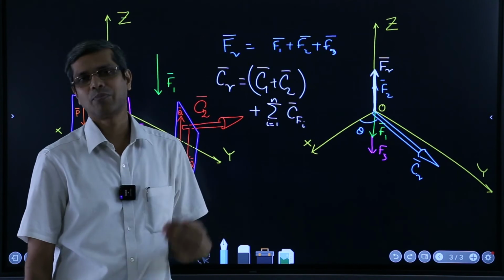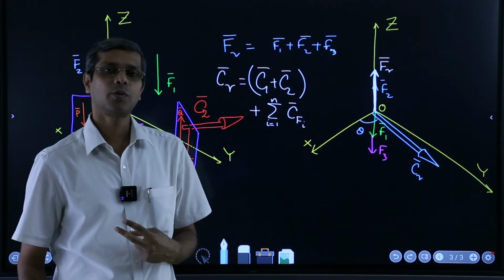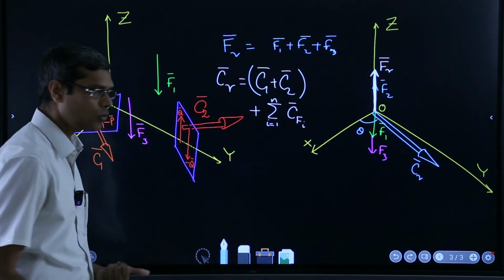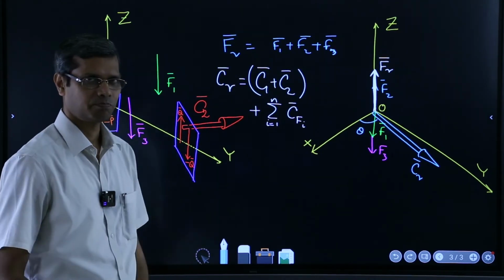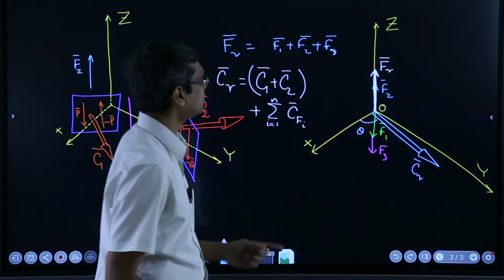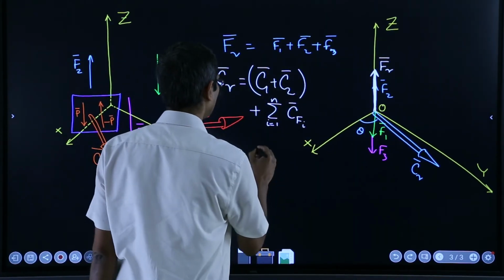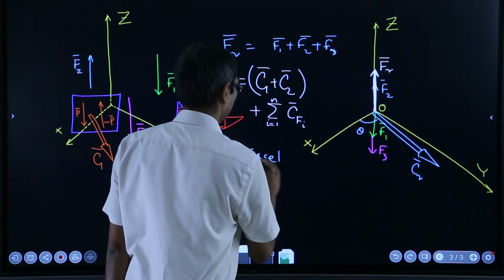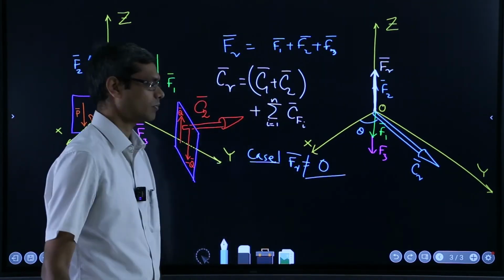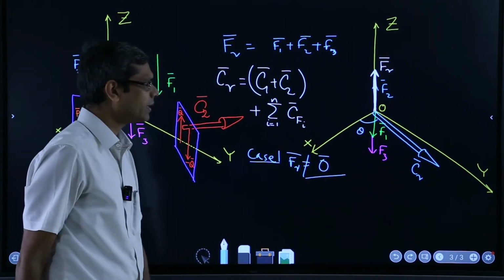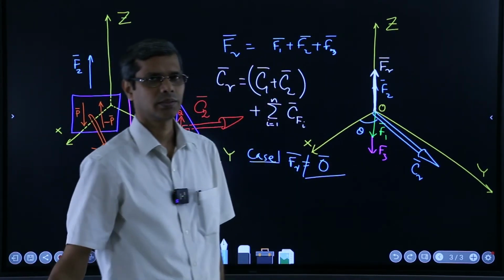No, we can even simplify the system, because we know that whenever there is a system of a force plus a couple, we can move the force in such a way that the couple can be eliminated. Now assuming that this force Fr is not 0, again like the previous case, there can be two cases. Say case 1, when Fr is not equal to 0 vector, then what we can do is we can move this force to nullify the effect of this.